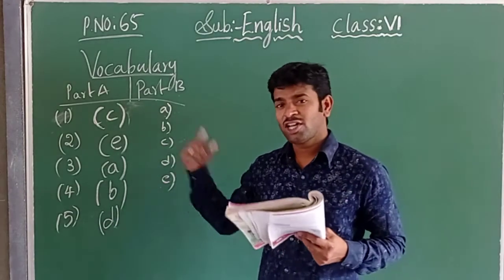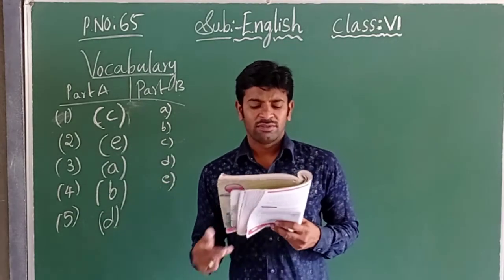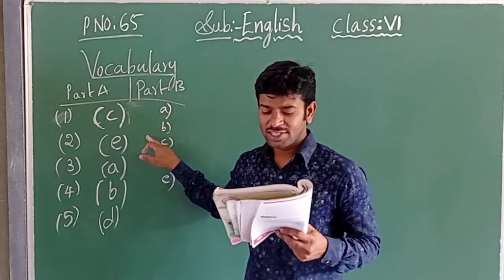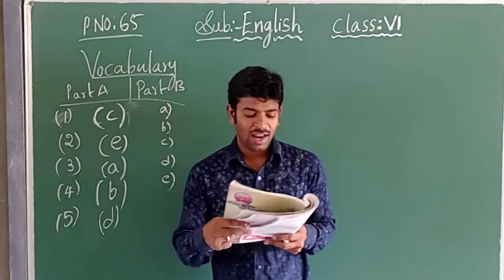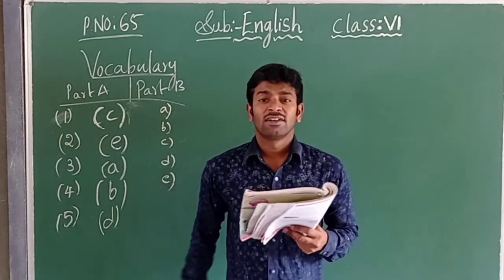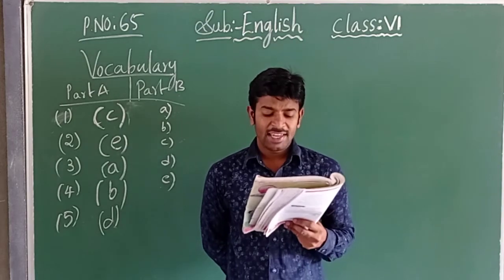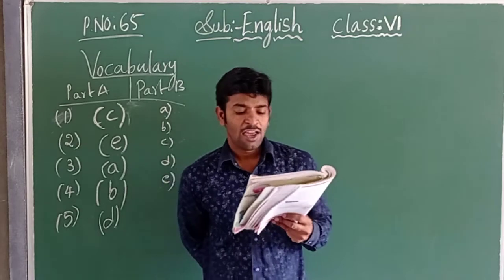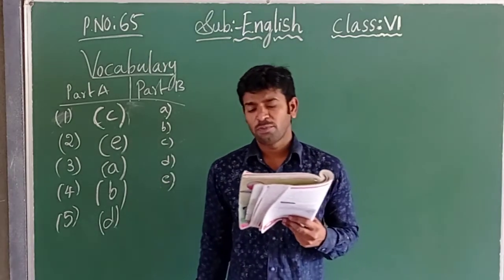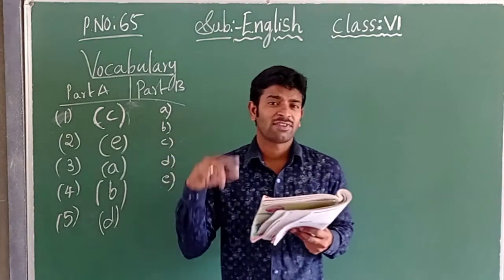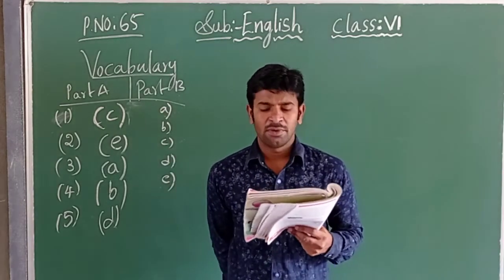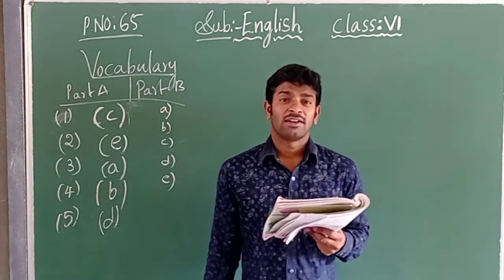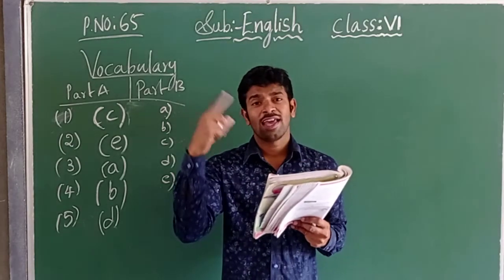D. Now let us recall the match the following words with the correct meaning. Oxygen. What is the correct answer? C. Oxygen, useful for human life. Next, carbon dioxide. What is the use of the carbon dioxide? E. Useful for trees. Starch, important part of our food, produced from the trees. Next, sap, it is one type of juice or milk from a tree. Vapor, vapor is nothing but water drops in the air.